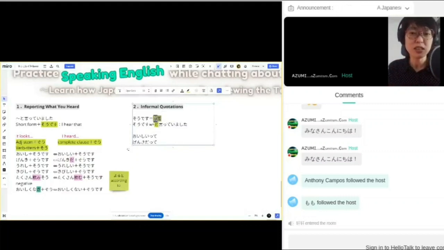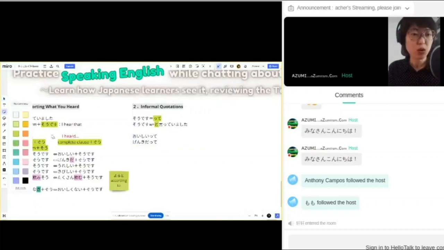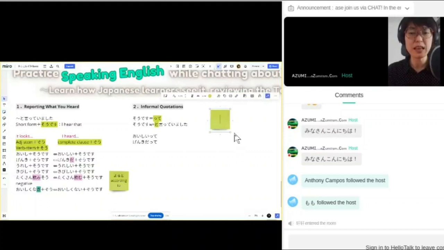te is actually just the formation of the to particle. What was the to particle? So when you want to quote something, you're going to use to. Then say, と思います. So if you want to make it casual, you just make to into te. 私はあずみさんのケーキは美味しくないって思います. So you can add a casual tone. って思います. So these are the same things.